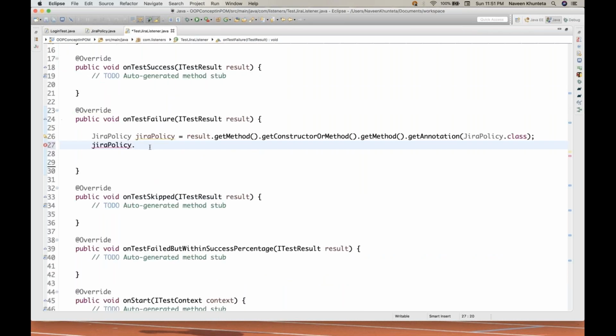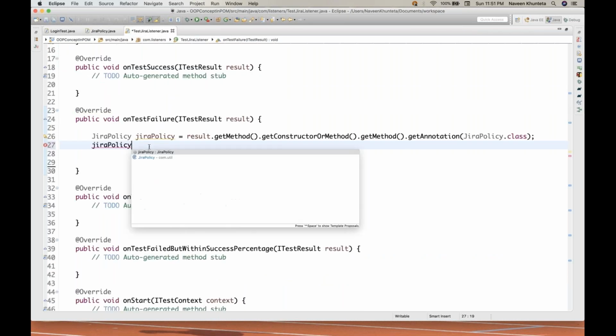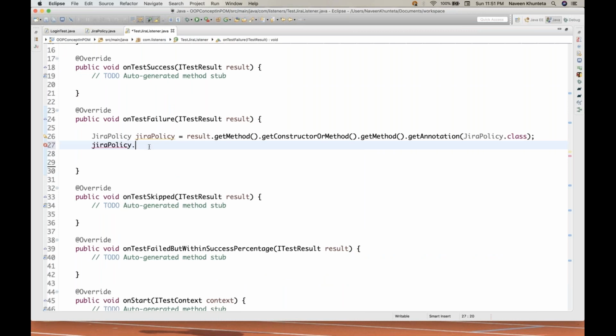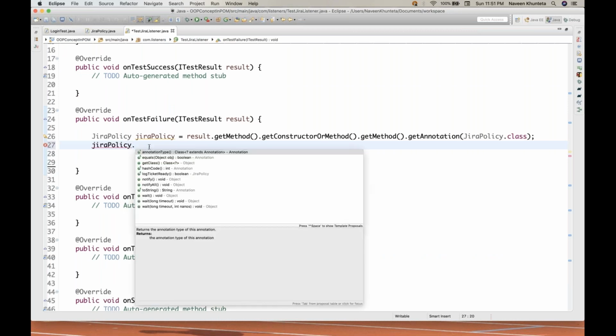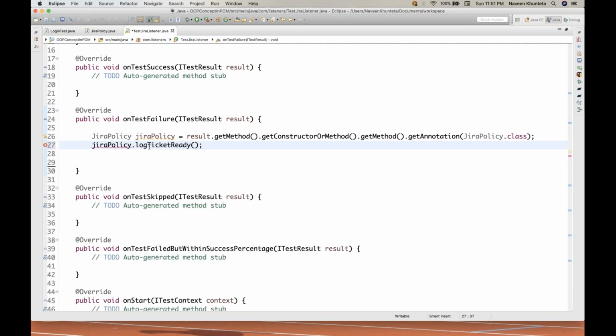So we will take this particular Jira policy dot ticket ready, and then we will read this particular flag, whatever the value of this is, and then I'll store it in a boolean, because this particular method is returning what? This particular method is returning a boolean value. So simple, I'll say, okay, let's see,